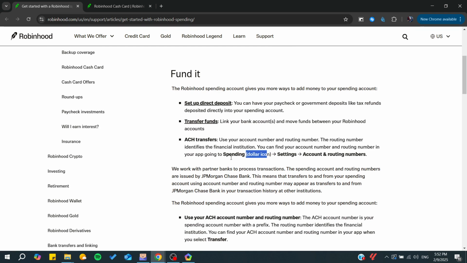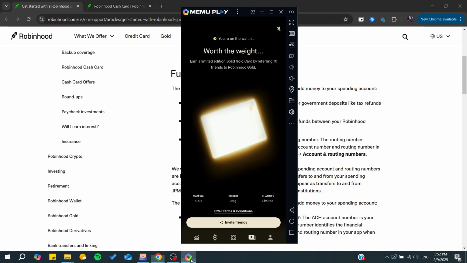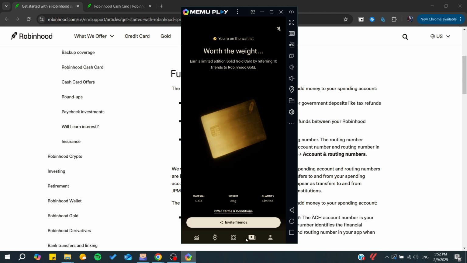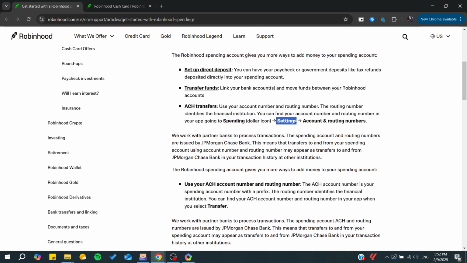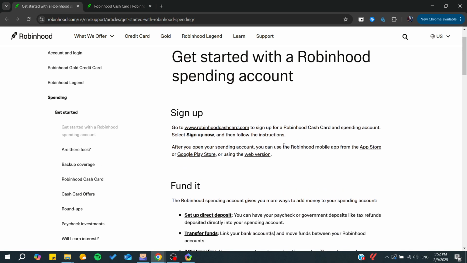to the dollar icon. And basically you will have a tab in your app that will be spending, and basically as you can see, this is the spending icon. And after that you will need to go to its settings and you will find this choice, which is the account and routing number. And after that you can start adding your account, so you can start funding